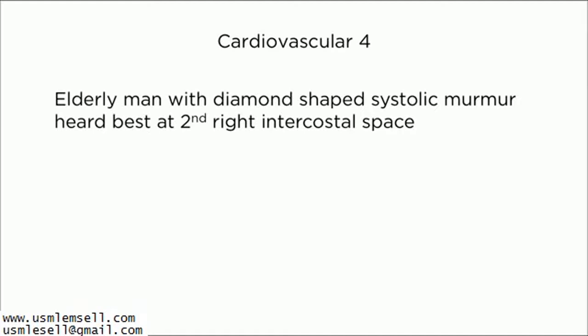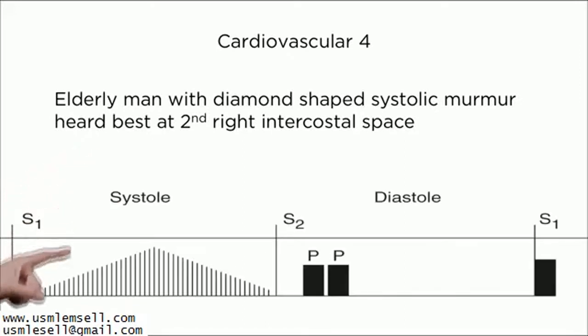Oh, a diamond-shaped systolic murmur, crescendo, decrescendo. Crescendo, decrescendo, diamond-shaped systolic murmur, and that is aortic stenosis. The second right intercostal space, aortic stenosis. Crescendo, decrescendo, aortic stenosis. Now there is one other thing that has this diamond shape, and that's hypertrophic obstructive cardiomyopathy,